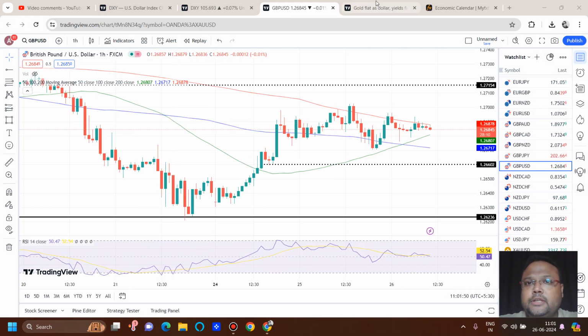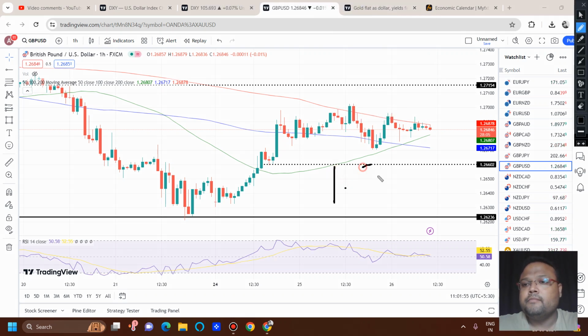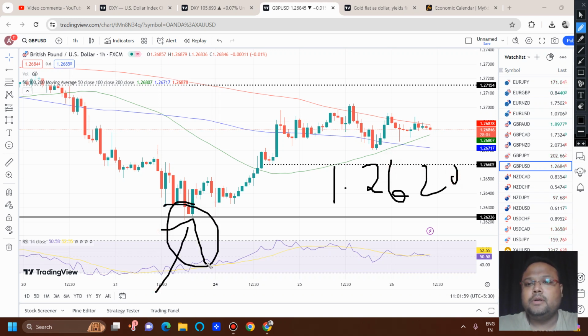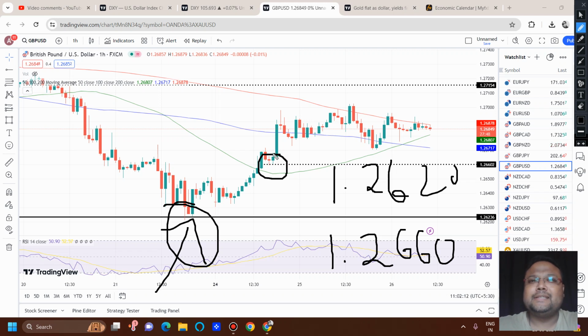And if GBP USD drops, the best buy opportunity is around 1.2620, the low made by the market, this low. But this low is far away from the current market price, so chances of market going to this level are very, very less. So we have another immediate support of 1.2660, this one, but this is a very weak